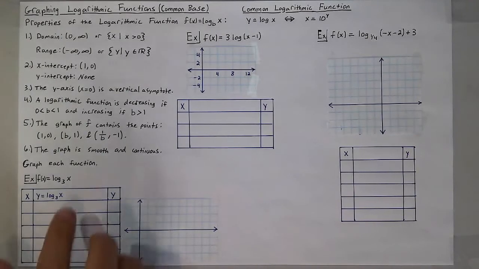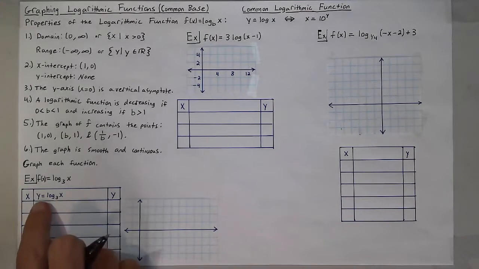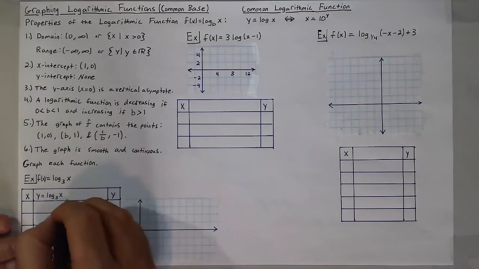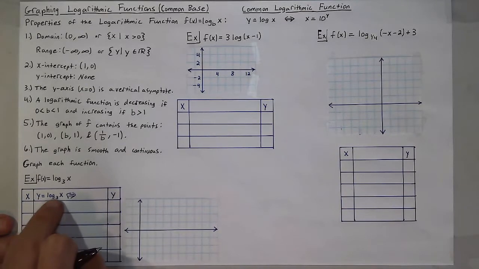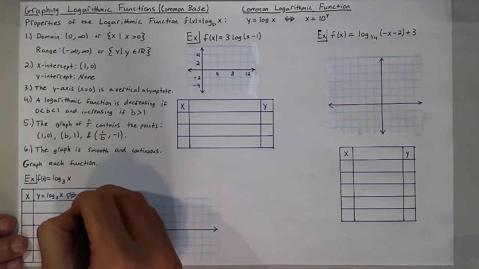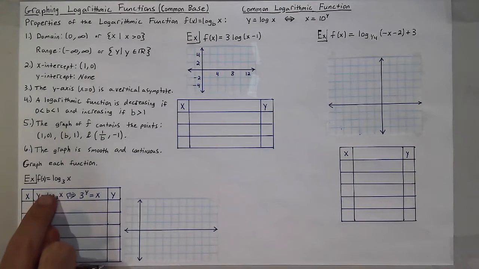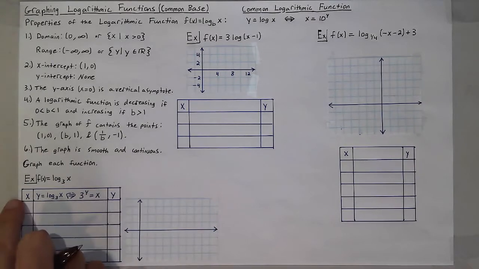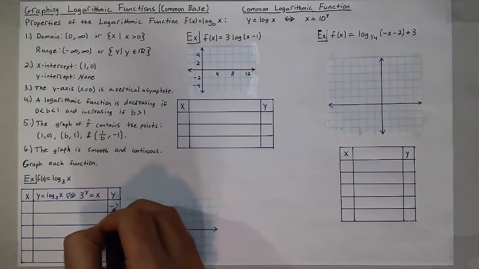function. So in order to graph this, we're actually going to use a fun technique, which is rewriting y equals log base 3 of x into its equivalent statement, its defining function. Because y is equal to log base 3 of x, since the log is equal to the exponent the base must be raised to, I can write this as 3 to the y power is equal to x, which puts me in a situation of not picking x values to plug into the log function, but picking y values to plug into the exponential function to find those x's, since these two statements are equivalent. So I can just pick y values,